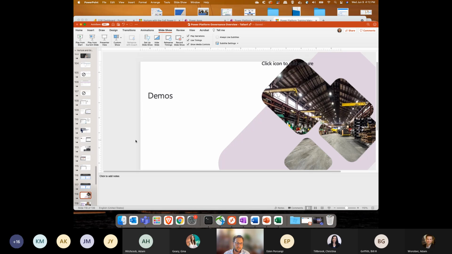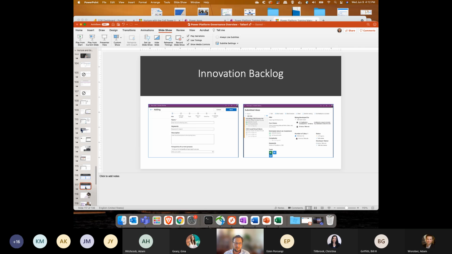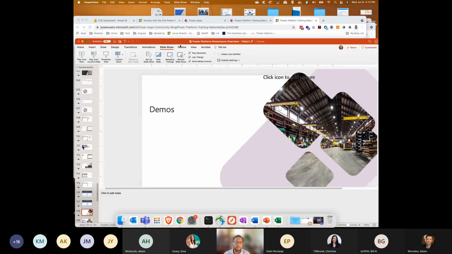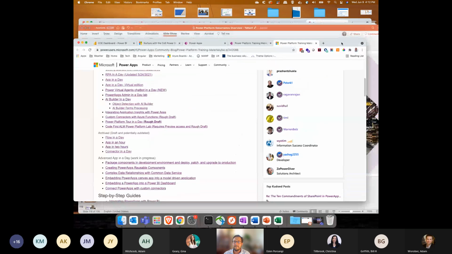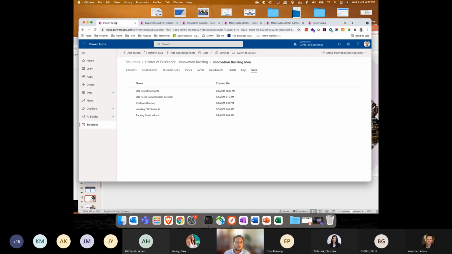The last two pieces I wanted to mention, which Christina already covered, so I'll just go briefly over them, are the maker assessment and the innovation backlog. So I'm just going to jump ahead to the demo of these components here. All right. Okay, so